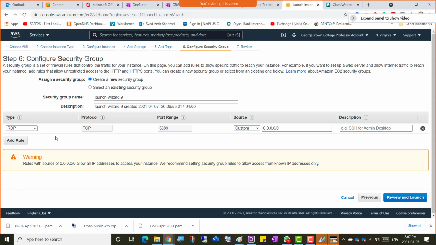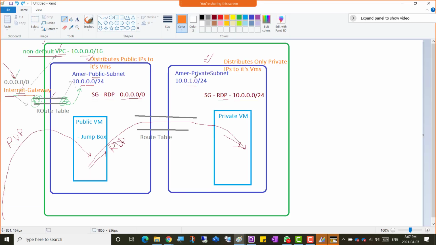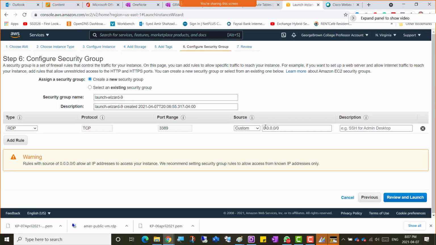So here we need to be careful, and I'm going to go for that diagram, so you can see that the private subnet is only accepting traffic from the public subnet. So if the RDP traffic is to be initiated, it is supposed to be initiated from only this IP range. So we're going to put this IP range there in the custom for the RDP traffic. So I'm going to go back here, and yes, RDP is allowed. TCP protocol 3389 is the port range, and the custom,